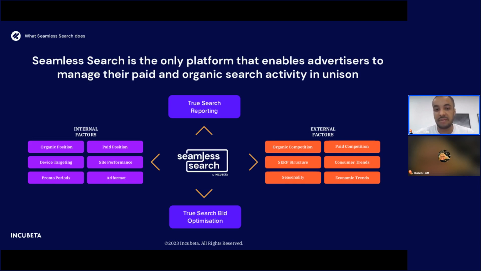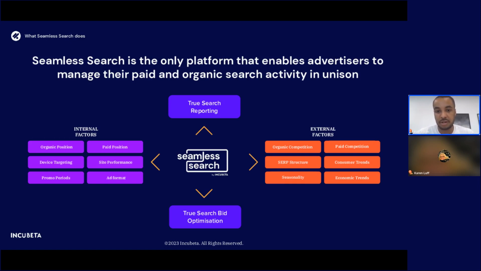So we're taking all the factors to make sure that we're getting the true search reporting as much as possible. So we take all the internal factors that we can. So the paid position, the organic position, that's being pushed in. And then also we take a lot of the external factors. So just to make sure that we're covering as much as possible when the machine is learning,